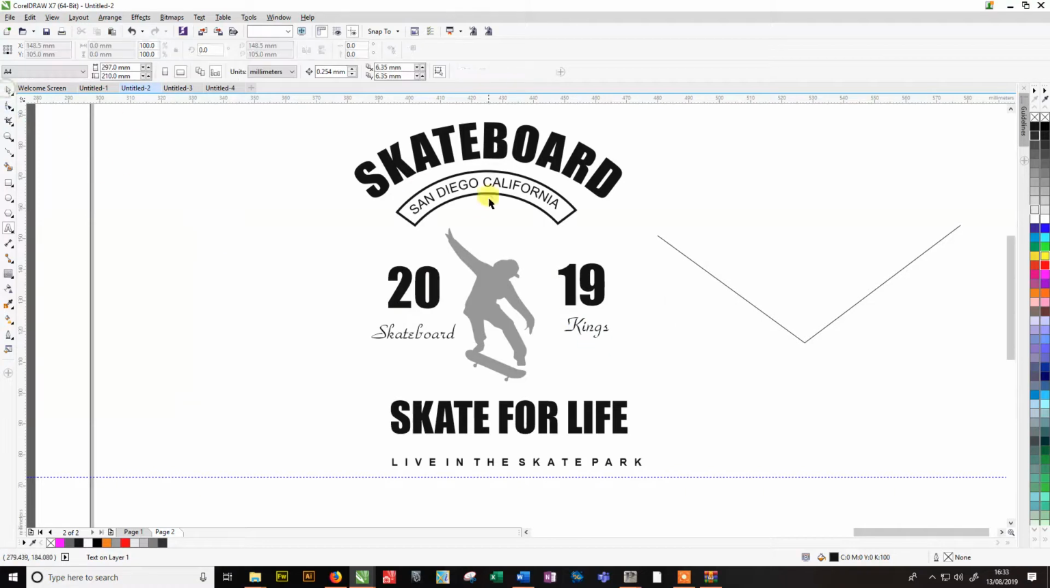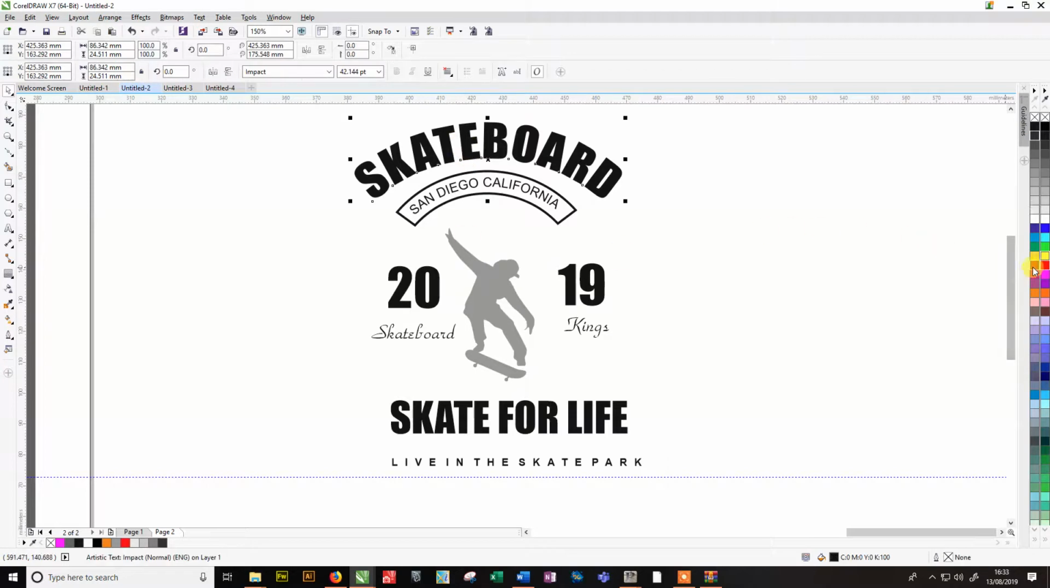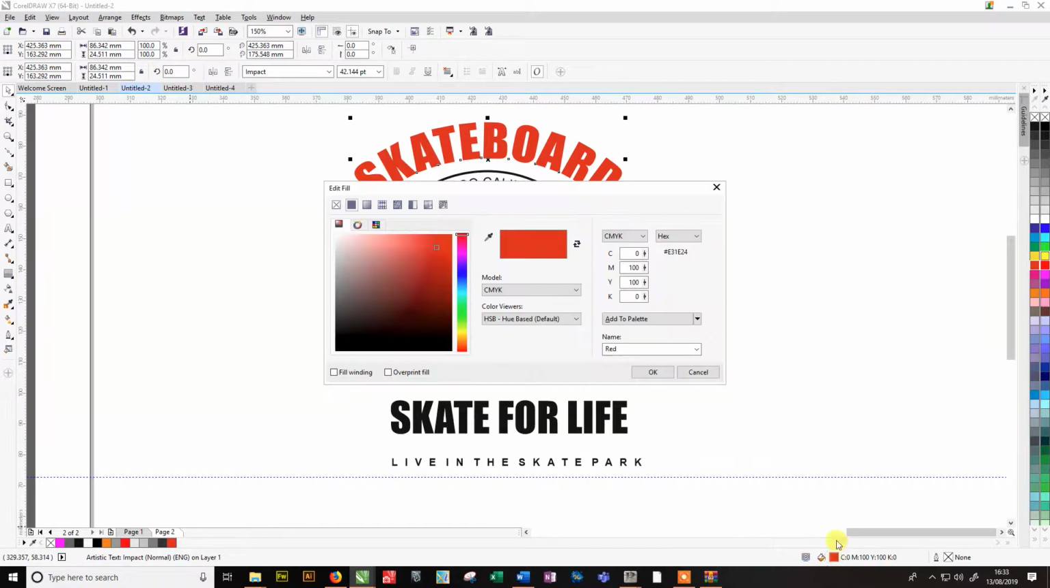This guy in the middle, we'll probably change him in a bit. Let's get rid of that there, we don't need that. Let's have a nice red type colour. I'd like to make that a little bit more earthy, so let's just double click on the red tag down there and just make that a little bit more